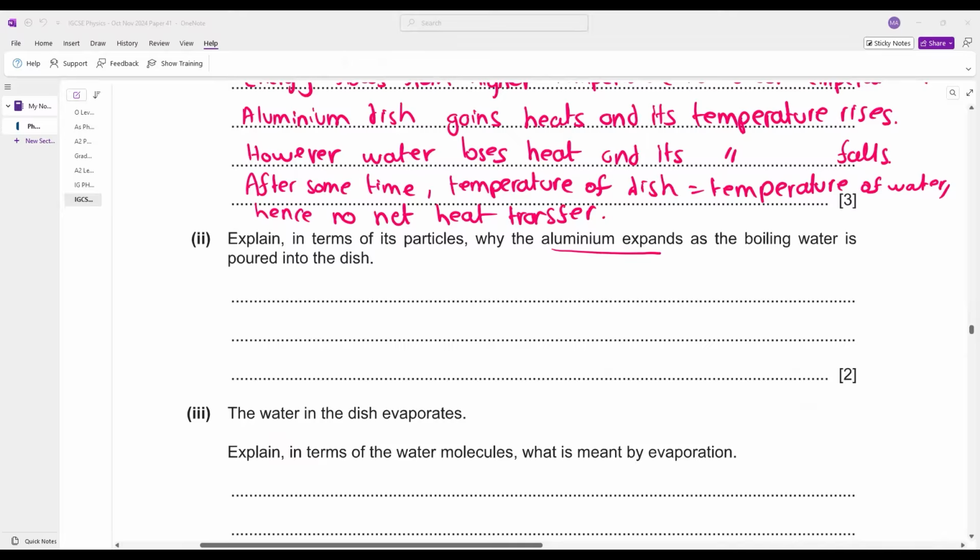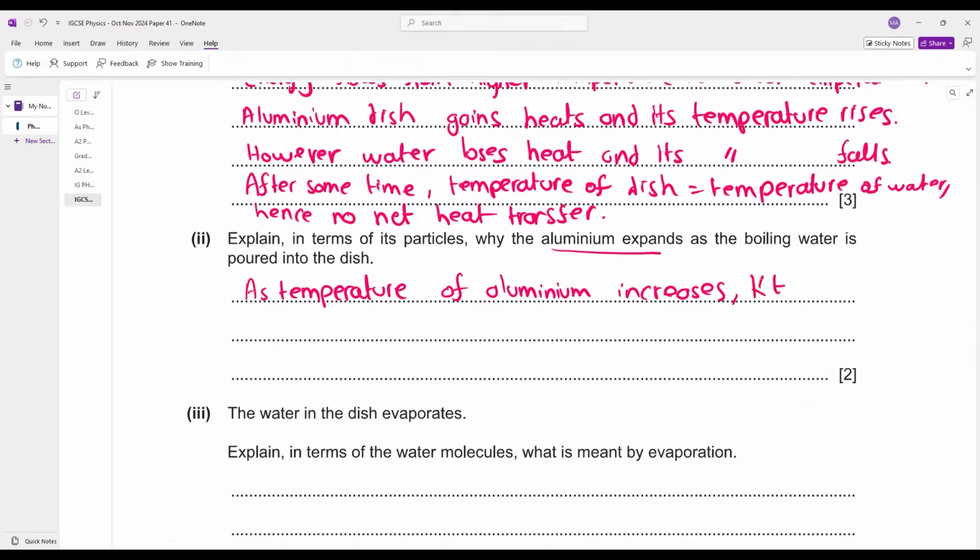As they gain kinetic energy, the separation between the particles of aluminum increases or they move apart. You will say as temperature of aluminum increases